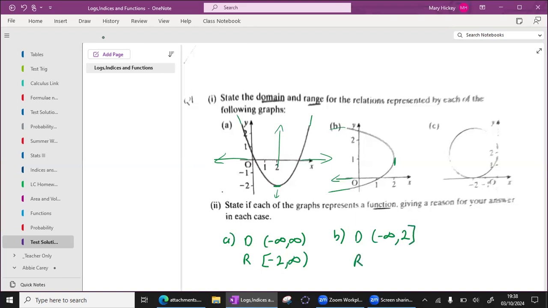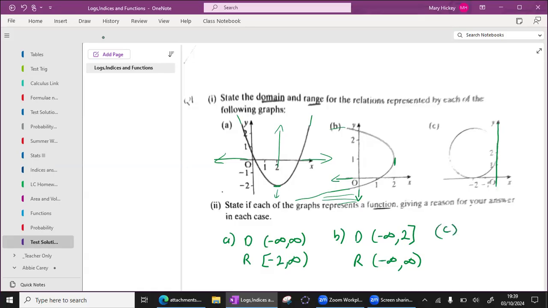Regarding the range, how low can I go and how high can I go? Now, there's no limit here either because if I was to allow that axis to keep going down, the leg keeps going. So there's still going to be y values, same on top. So there's no limit. Now, some students wrote real numbers, and that's fine as well, because real numbers is the exact same as saying from negative infinity to positive infinity. Sorry, this is a little bit faint here, but